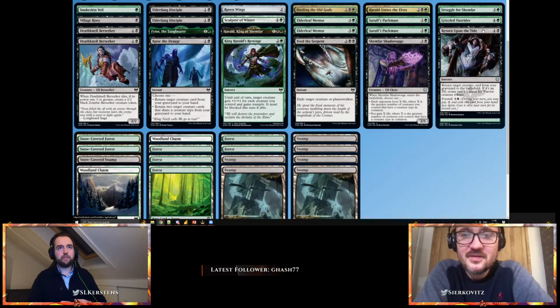Return Upon the Tide, a 5 mana sorcery that returns target creature card from your graveyard to the battlefield, so it's a reanimation spell in that sense. If it's an elf, create two 1/1 green Elf Warrior creature tokens. I mean, this doesn't require much explanation. It's perfect for elves because even though your creatures are smaller, they come with 2 other bodies, which is great. And I put in the 5 mana 5/5 vanilla elf, which I think is not going to be terrible in this deck, especially when you can